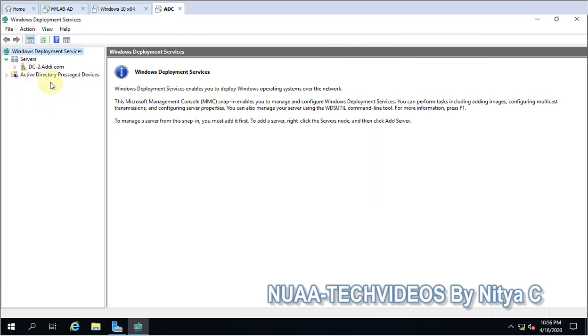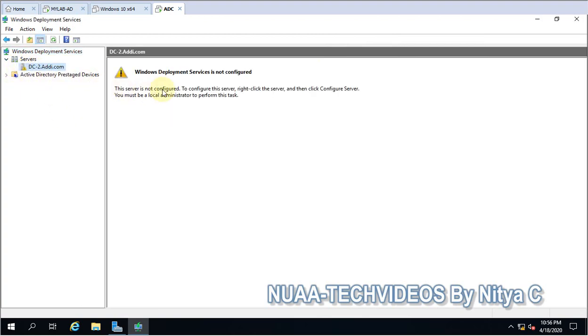This is open, and as you can see, this is my domain controller, not configured. That's fine. Configure server. First we are getting this warning, Windows Deployment Services not configured. To configure, right click, and we'll configure the server.